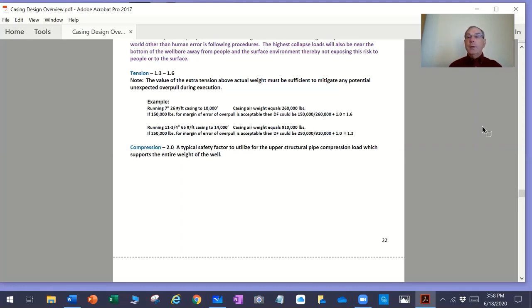So even using a larger number, if we thought 250,000 pounds of margin of error for overpull was acceptable, and we were not going to be hanging off any drill pipe in that wellbore based on our experience in the area, then 250,000 pounds overpull divided into that 910,000 is equal to only 0.3 extra. So we could actually use a design factor down to 1.3 and be acceptable and safe